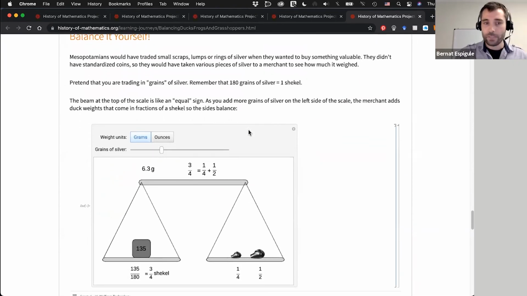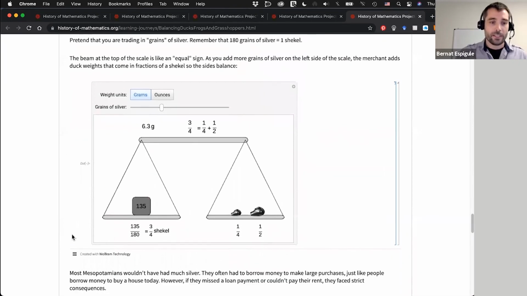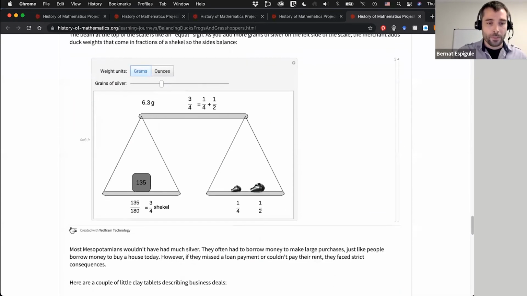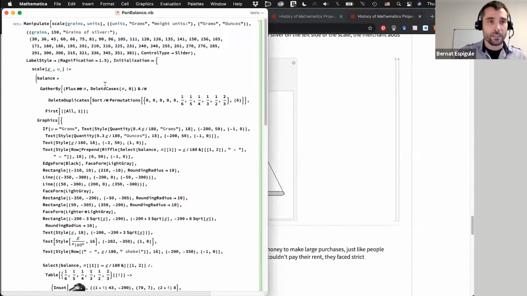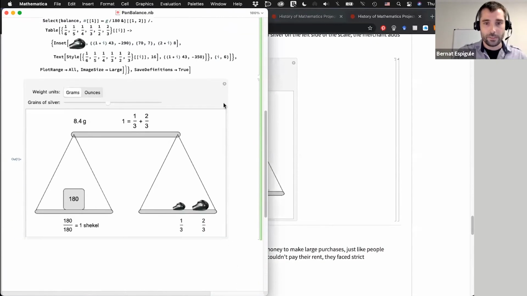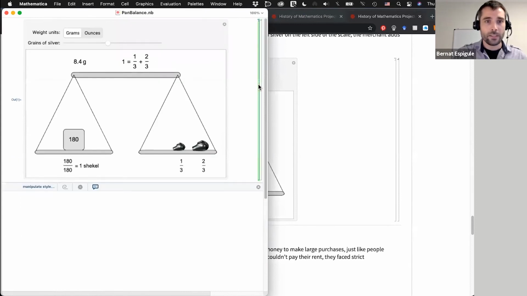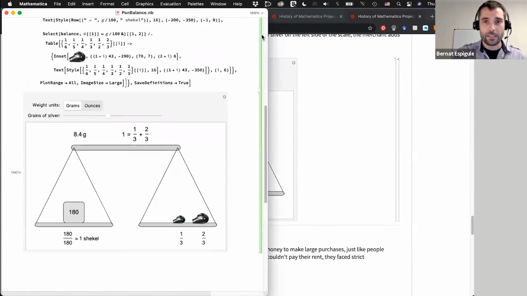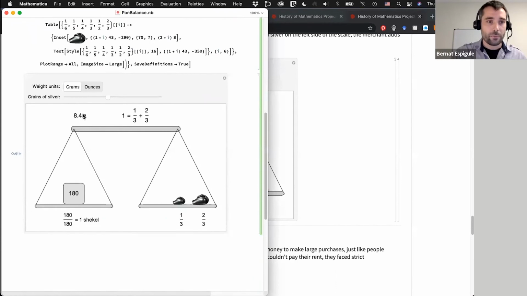So I have to mention that all the interactive content here, you can go and click this button here, and you can see that you can make your own copy or even download the code. And if you do, then you can actually see what's in this Manipulate. And if you double click, for example, this site, you're going to see the code, and from that you can